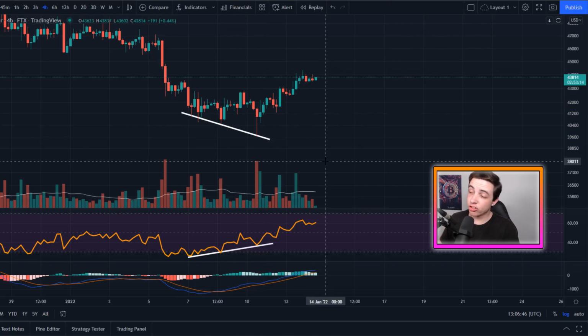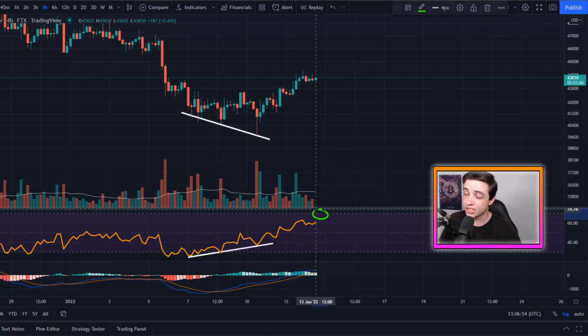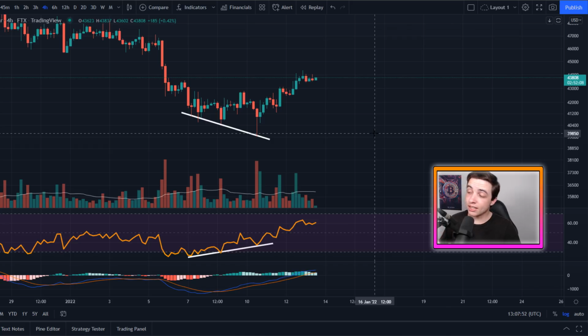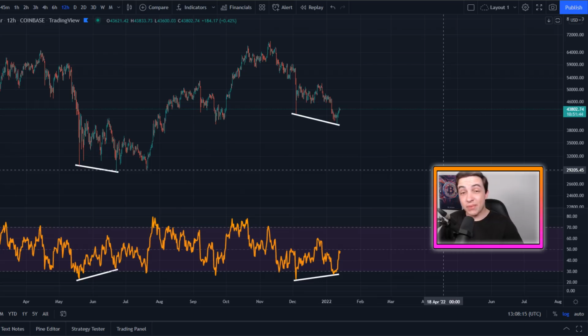But considering this bullish divergence is only on the 4-hour time frame, it is almost coming to its end because, as you can see, the 4-hour RSI is starting to get closer towards overbought territories. Now we're not there just yet, but all I'm saying is we're probably getting pretty close to this bullish divergence starting to wear off. But with that being said, heading over to the 12-hour time frame for Bitcoin, we still have this much larger bullish divergence, as you can see, and this bullish divergence on the other hand is still far from wearing off.